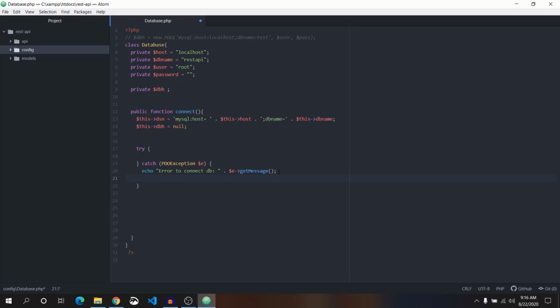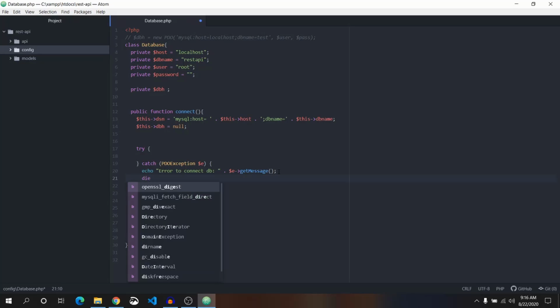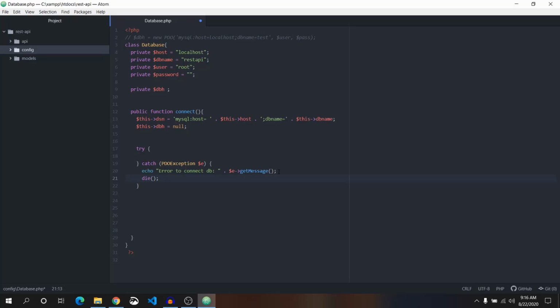And after showing that message we want to die here. We are not going to look for the code below here. Okay,